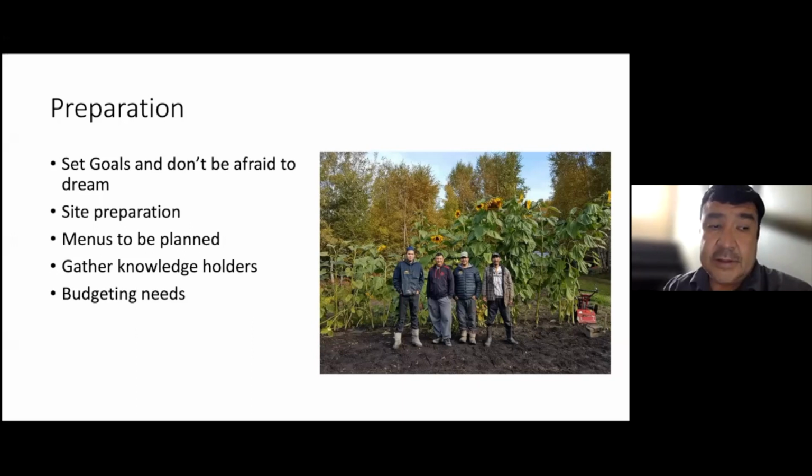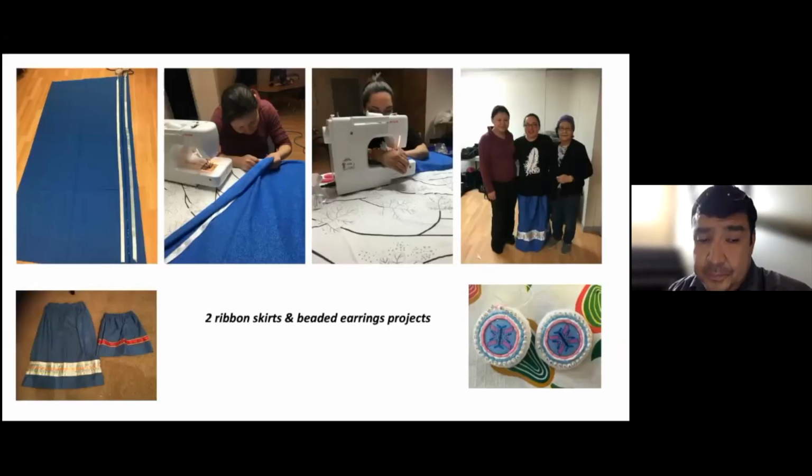You have site preparation. You're looking a year ahead. Did this work? How did this plant work here? And look at how tall these sunflowers are. It's just amazing what had happened. Sowing indoors. Winter in Canada, you're not going to be outside all the time. Well, you've got sewing, you've got different things that you can do. Ribbon shirts, ribbon skirts, ribbon everything that you can create. Beaver mitts, reviving our furs, making trappers,